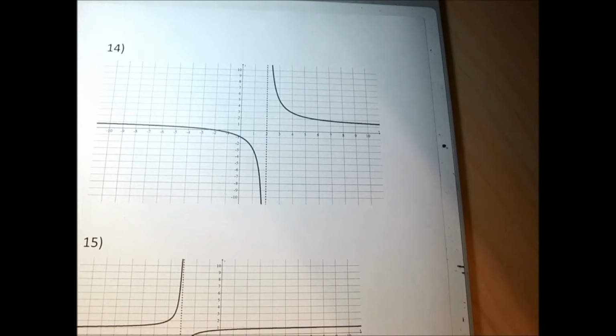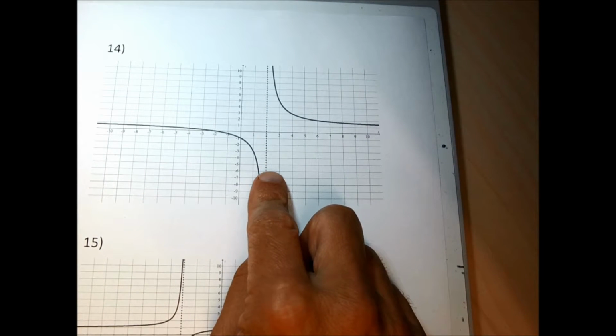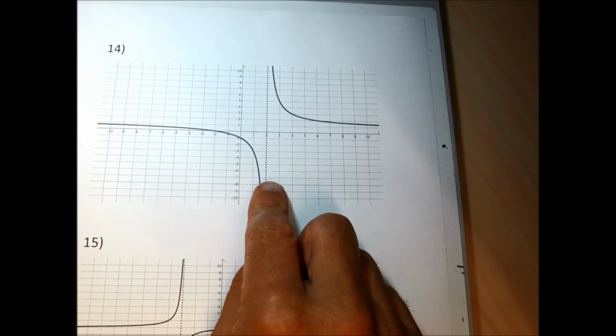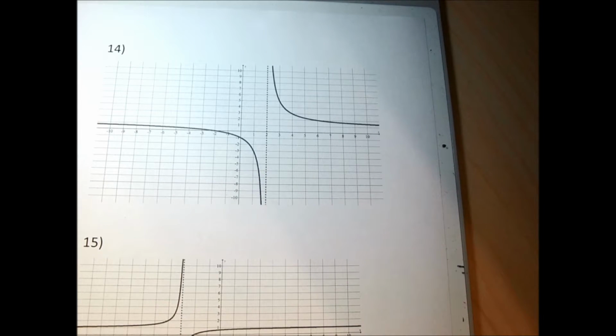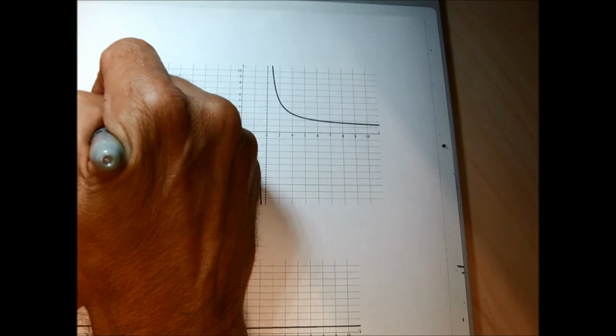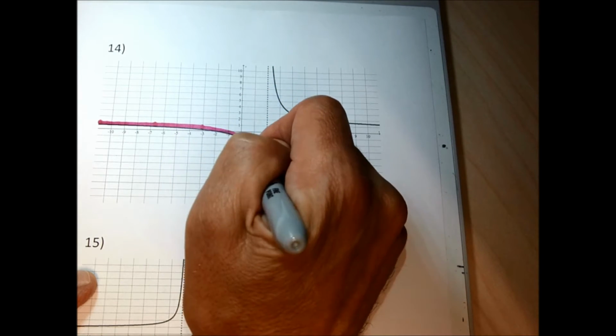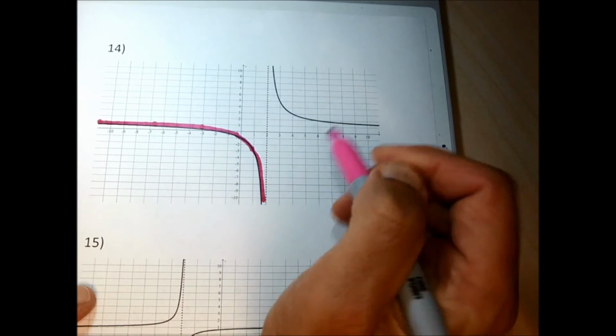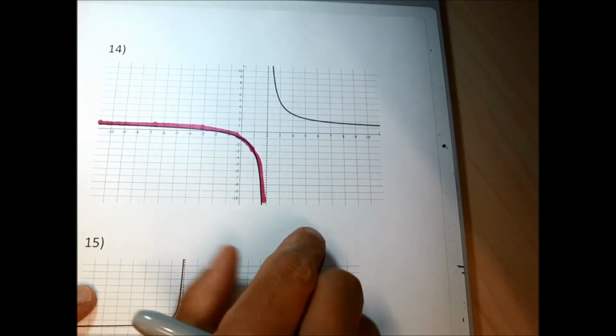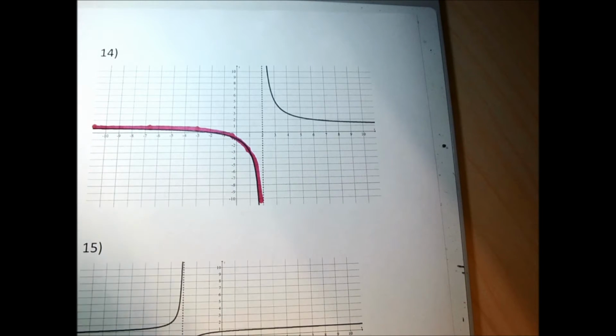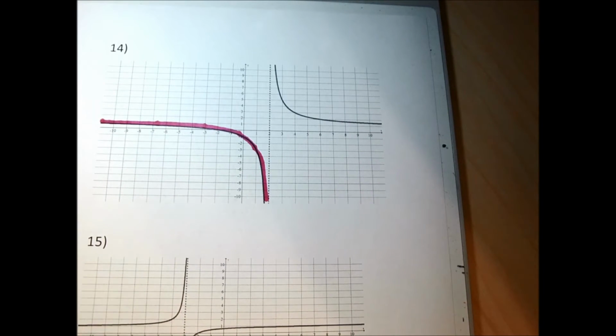So for 14, there's a vertical asymptote drawn through x equal to 2, and the graph is broken into two halves. The first half of this graph, the graph is concave down in that entire part because it's bent over. So this is going to be the region where the graph is concave down. The other half of the graph,